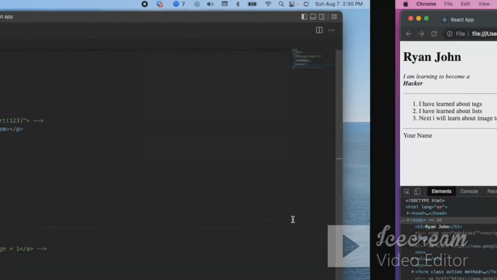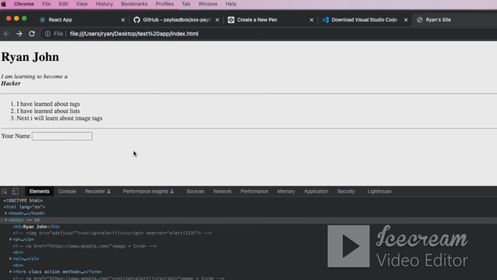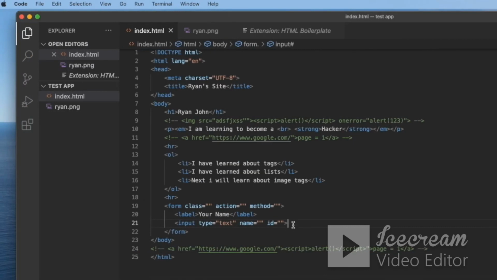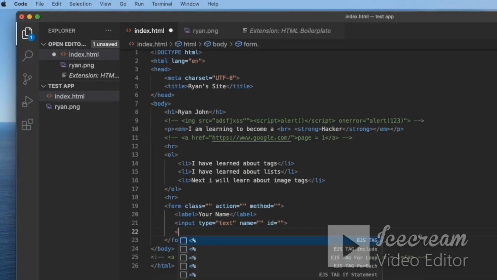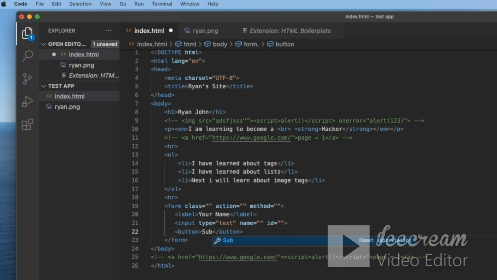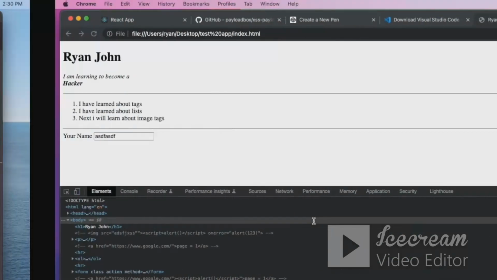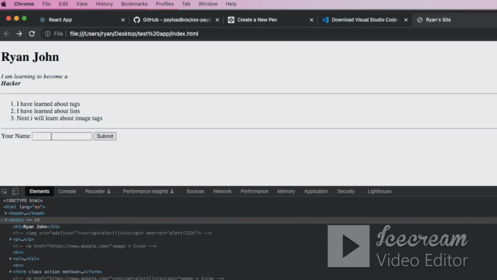And if we save this, you're going to see just a box appear over here. It says your name, and then we have this text box. We're going to end up adding a button as well. So we will say we want a button, and it's just going to say submit, even though our button at this point is not going to do anything. And we can save this and refresh, and now we have your name with this text box and a submit